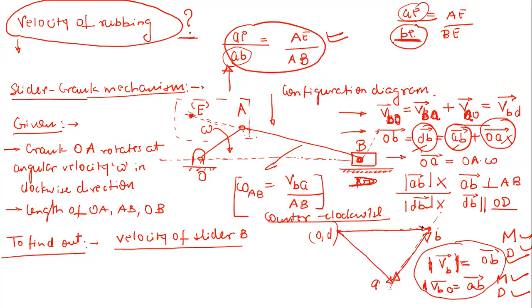So, first of all, we located this point B, and we directly said that we are interested to calculate the velocity of slider B, right? So velocity of B with respect to O. This vector is already marked in the velocity diagram. Now, if we have to satisfy the triangle law, then it should go like this, pointing in this direction. Then only is it going to close this loop, right? This side is going to close the other two sides. That is the reason preferably we go for this.